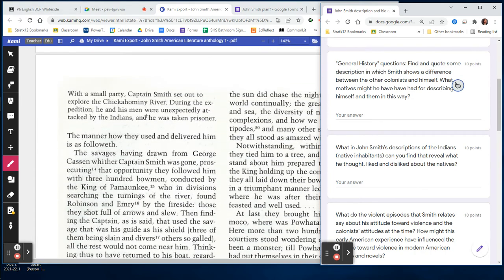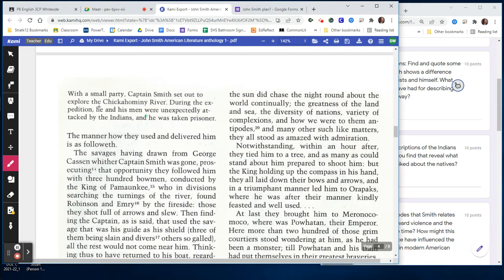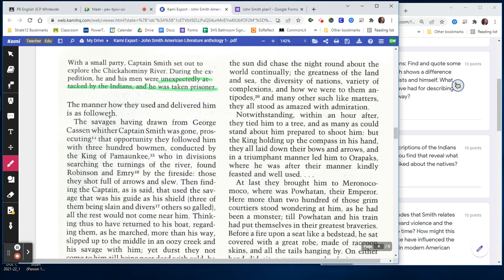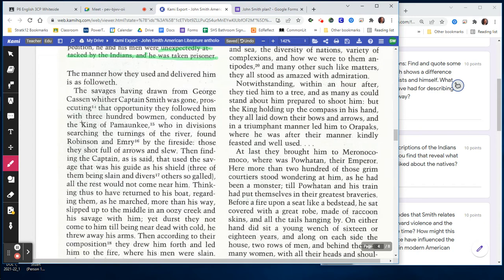With a small party, Captain Smith set out to explore the Chickahominy River. During the expedition, he and his men were unexpectedly attacked by Indians, and he was taken prisoner. The manner how they used and delivered him is as followeth. The savages, having drawn from George Cassin whither Captain Smith was gone, prosecuting what opportunity, they followed him with 300